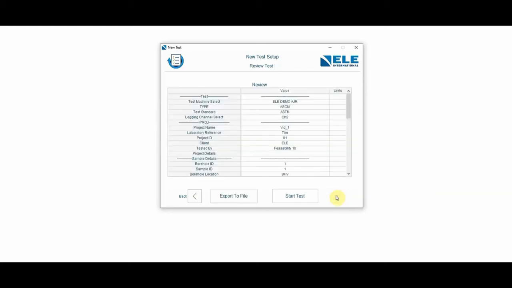If I click next, I have the option to export that file if I want to save that data. This is how you can save data so that you can run multiple samples without having to enter that data all the time. But at this point, if I click on start test, the machine would then drop down the yoke and begin to apply the seating load, and then move on to the actual consolidation stages. And over time, it would carry out the